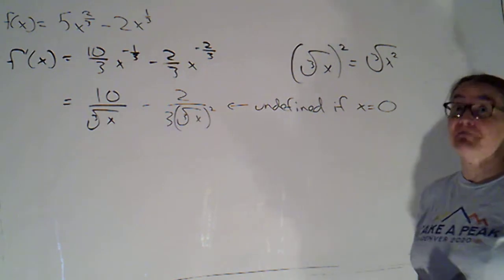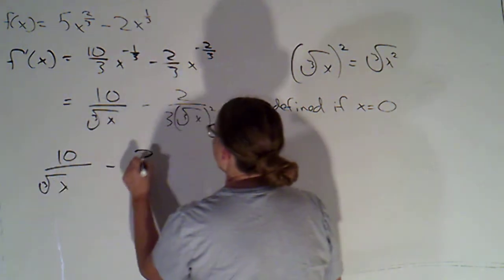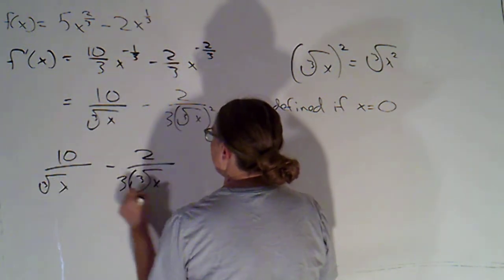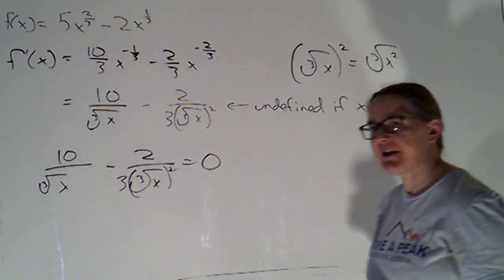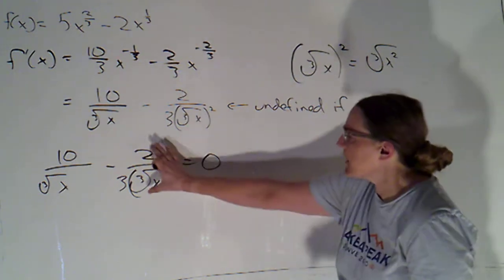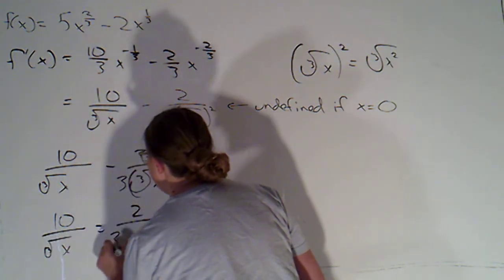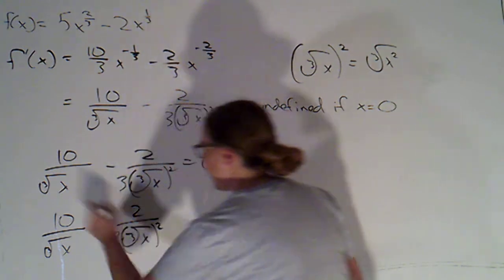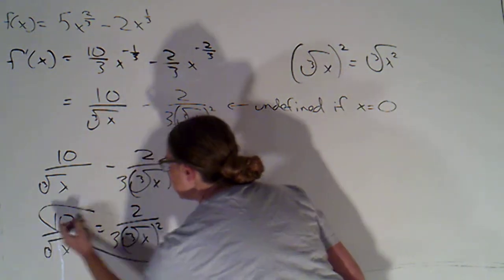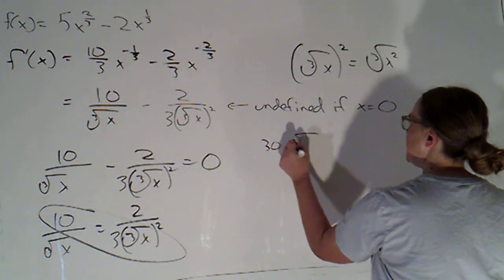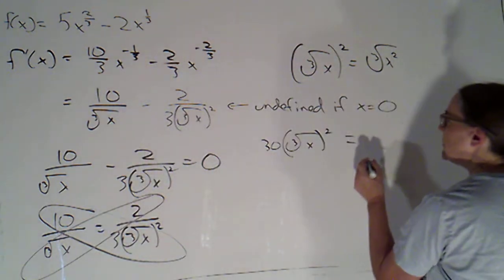Now, that's not to rule out that we have other critical numbers, so let's see if there are numbers that would make this thing equal to 0. Now, I'm not crazy about having these x's in the denominator, and there are a couple of ways I could get around that. What I'm going to do is I'm going to just add this piece over, because then I just will have a fraction equals a fraction. And I can cross multiply, and that'll get rid of the denominators. So this diagonal product is going to be 30 times the cube root of x squared, and that's going to equal this diagonal product, which is,